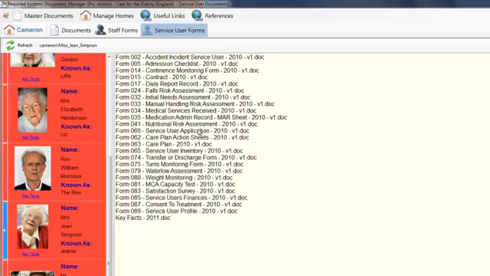Again, if these have been edited and saved, it will contain the information for Jean in these, and you can add additional documents in here. One of the important things is this key facts link, which you have for both staff and service users. This is a very quick way of accessing the important information about any member of staff or service user